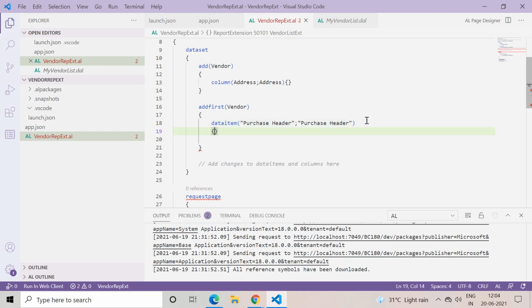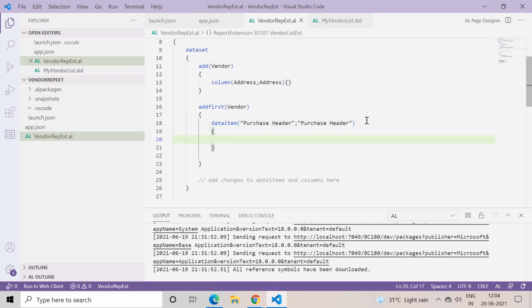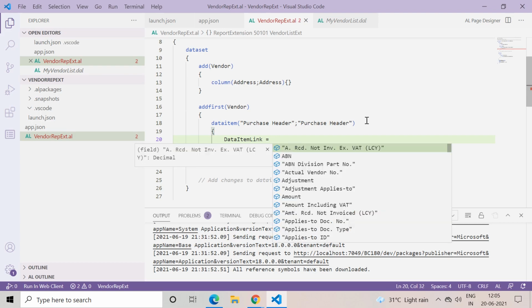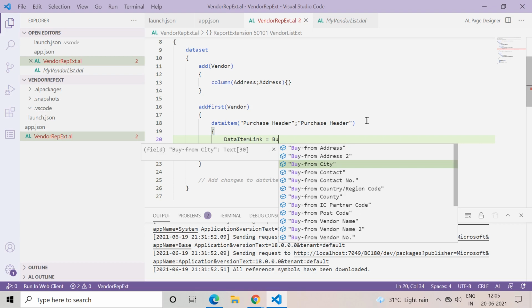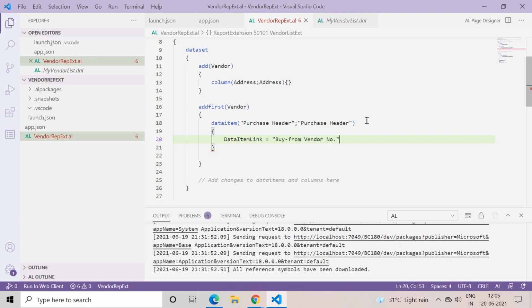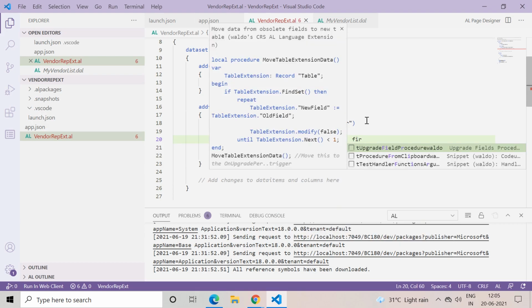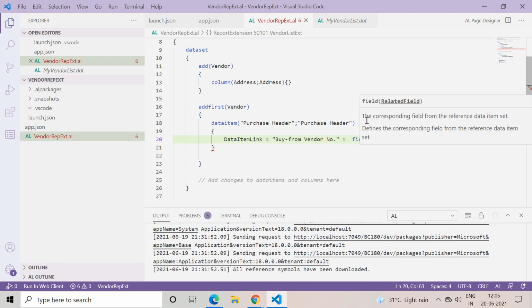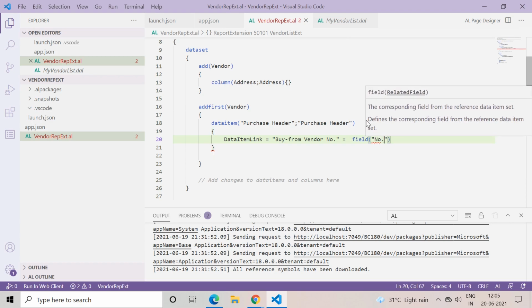But we must add certain properties. We must link this data item to my original data item. How can we do that? Let's say the data item link property. Here what we can do is that buy from vendor number should be equal to field number.